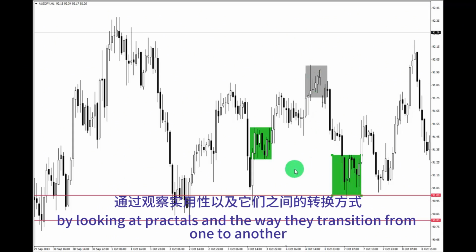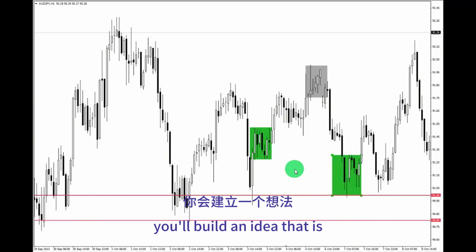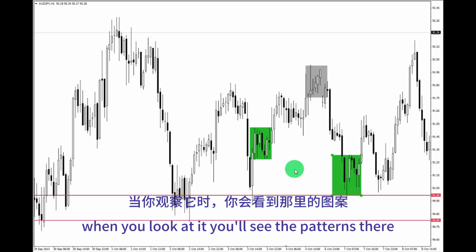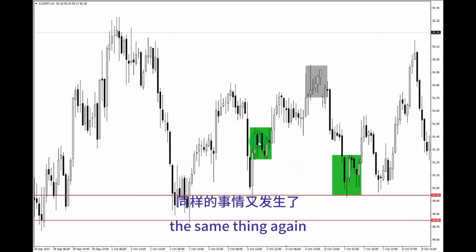Okay, by looking at fractals and the way they transition from one to another, you'll build an idea that is going to very easily digest the price action when you look at it. You'll see the patterns there. You'll know exactly what you should be looking for in terms of where the liquidity is going to pull price next. Okay, this same thing again